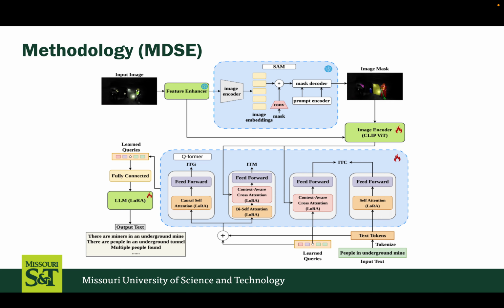A CLIP ViT encodes the enhanced full image for global context and the masked region for localized evidence. These two embeddings are fused with a learnable projection to produce a richer representation that preserves both scene-level context and fine-grained cues. We adapt a BLIP Q-Former to make cross-attention context-aware by injecting external context like scene types or task cues into the attention computation, so the model prioritizes the most relevant visual evidence during generation. Finally, we adapt generation efficiently using LoRA on the Q-Former and the LLM head to produce the final explanation